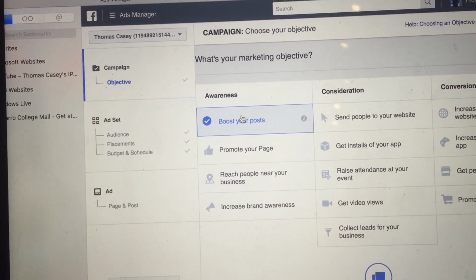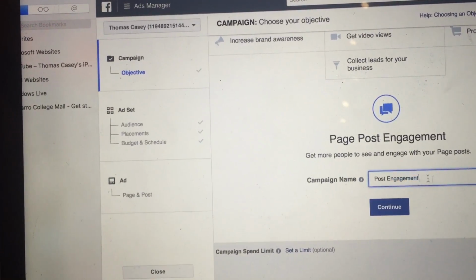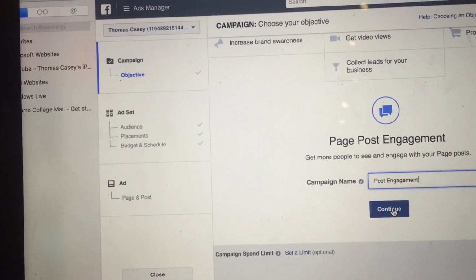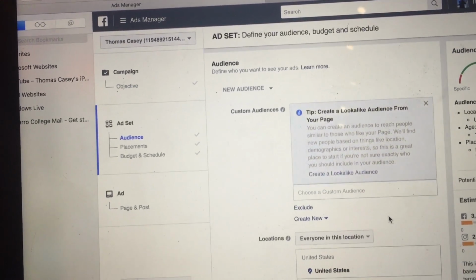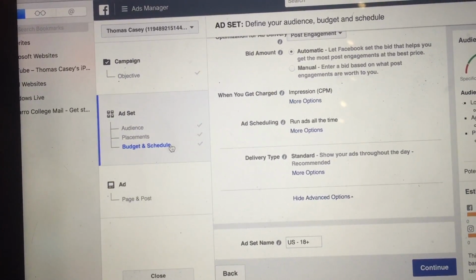So first thing you're gonna do is go to boost your posts. Then you can name it really whatever you want. I'm just gonna keep it at post engagement. Just put that on the type. Then what you want to do on this page, when it gets to your ad set, is